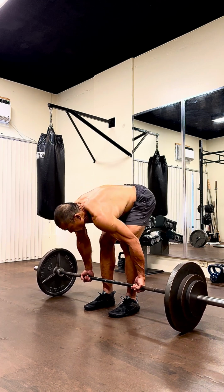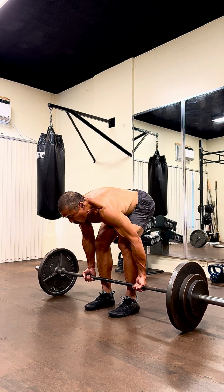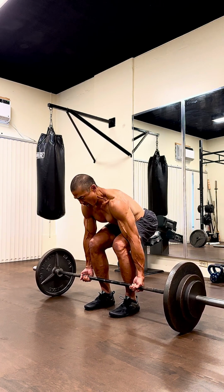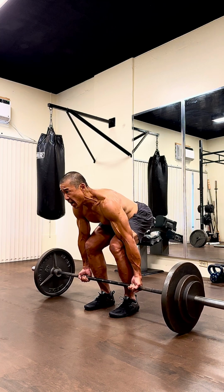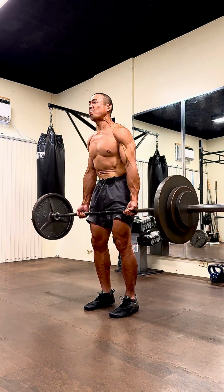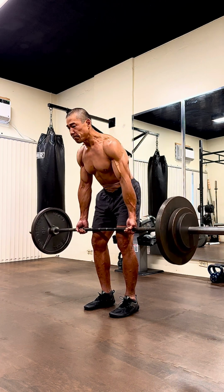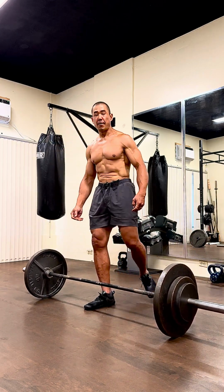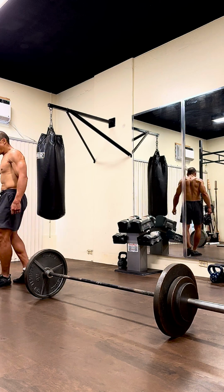Once again, I'm stretching out the fascia in my back and my lats, trying to broaden it as much as I can, so it's pre-tensioned. So when I go down, when I start to wedge my hips under, I can feel that fascia. It's almost wanting to pull this weight off the ground just by itself. And then I'm gonna shift onto the front of my feet, which I know you shouldn't do, and I'm not recommending that. Once again, this weight is on the balls of my feet, and I know that's controversial, but I lift that way because